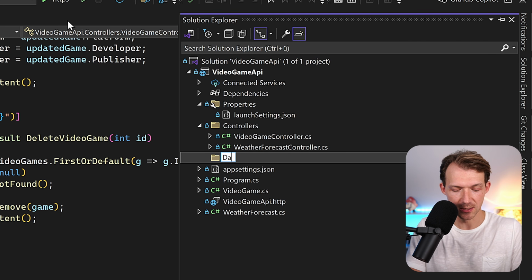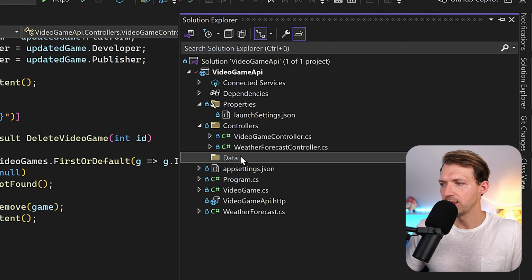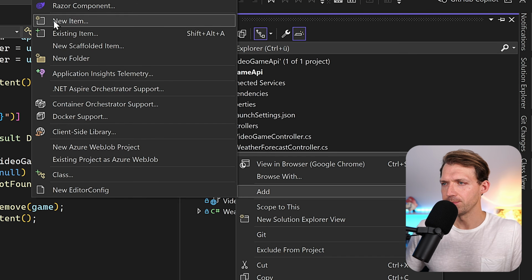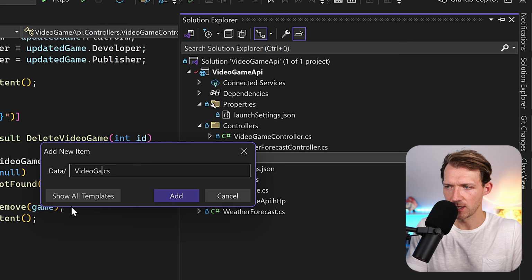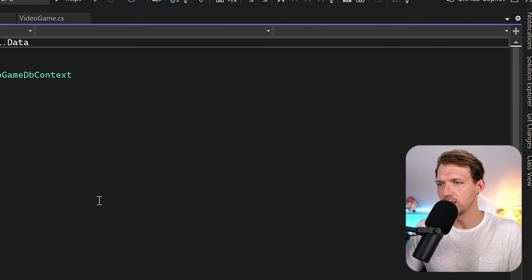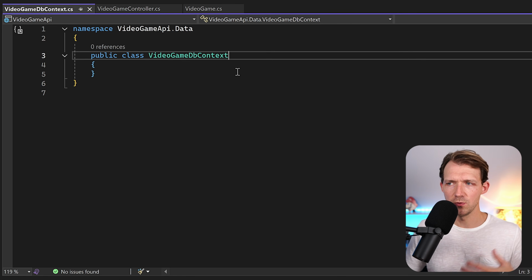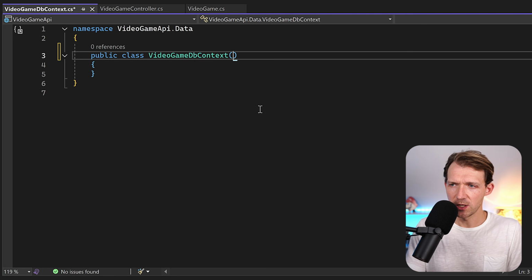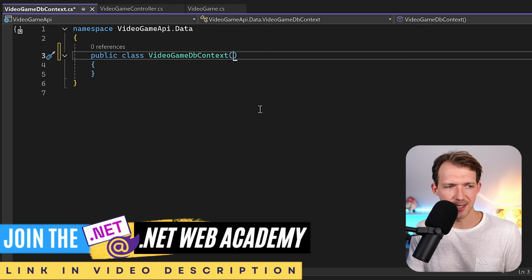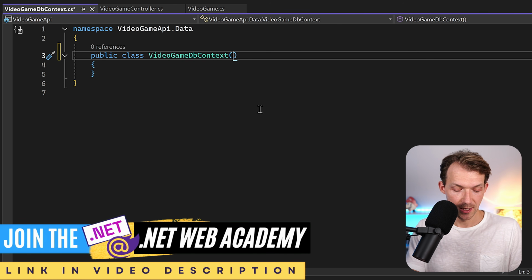Let's call this thing data, for instance. And then we add a new item and we call this, for instance, VideoGameDbContext, because in the end, it's really just a video game database. Now here we can use, of course, the primary constructor. So here now the VideoGameDbContext needs a parameter, and this is the